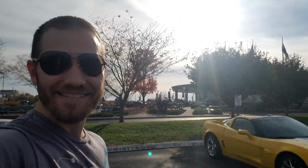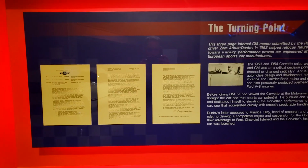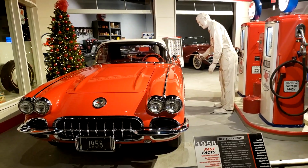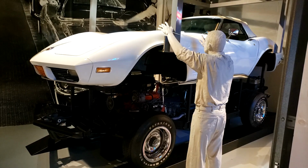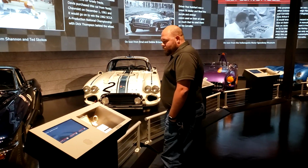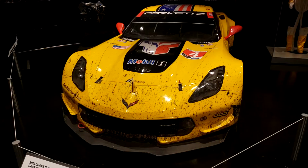We made it to the National Corvette Museum, where we have Corvette parking only signs and some other Corvette friends to keep mine company. Looking forward to this. This is going to be fun. Hand back over the back of the front seats. Down underneath that partial shelf there is one of the unique features of